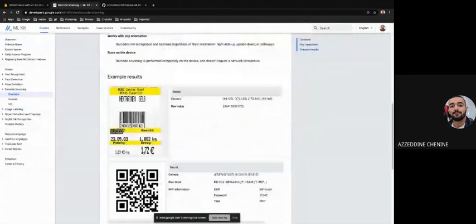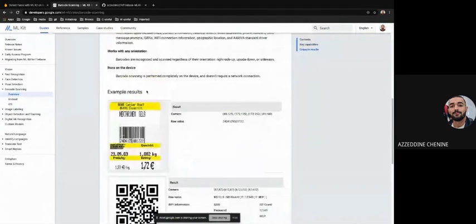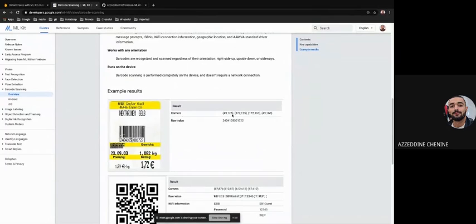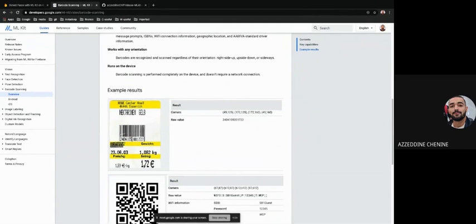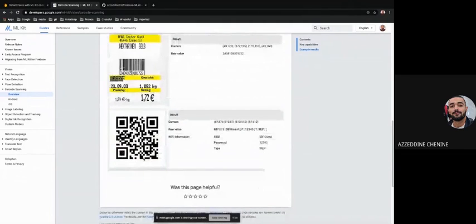So here I have my barcode. What I get as a result is the corners. For example, here I have 4 points: top left, top right, bottom left, bottom right, and the raw value of the code, which is this one. And if I have a QR code, I have 4 corners with the raw value